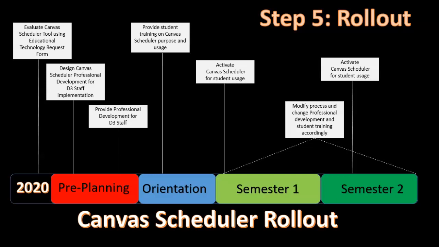Then during orientation, the staff members will provide training to the students on how to use it properly, how to submit requests in it, and then notify them of when it will be turned on for them to start scheduling. The goal is that students during the first week of school will have access to it and be able to request specific times to be on site at a minimum of once a week. But they'll also be able to see when there are additional openings,